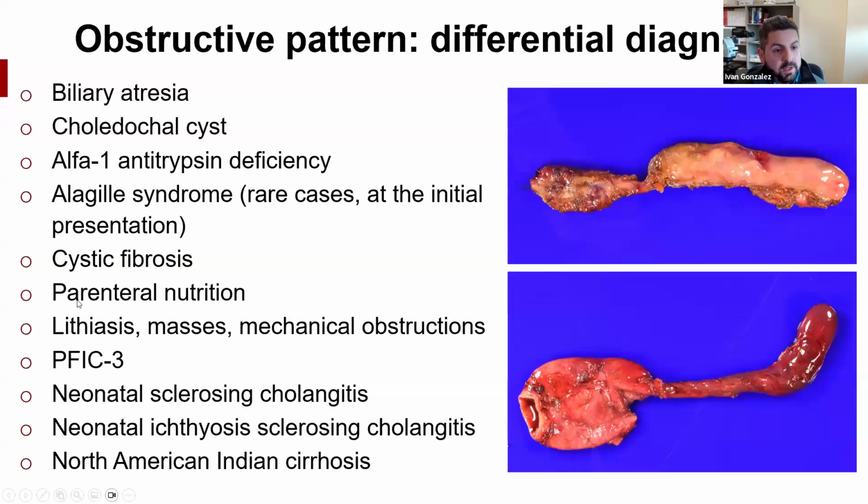Very importantly, parenteral nutrition, as a lot of these patients are going to be preterm. Some of them may even have intestinal atresia or necrotizing enterocolitis. So they're already on parenteral nutrition and then complicated with a neonatal cholestasis. And that will look exactly the same as biliary atresia. So you need to be aware of that. Remember to tell your clinician, this could be TPN. You cannot exclude BA, and that's very important to tell them. And they need to just keep following the patient very closely.